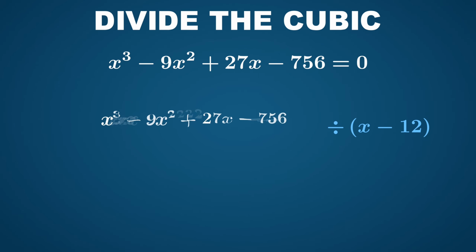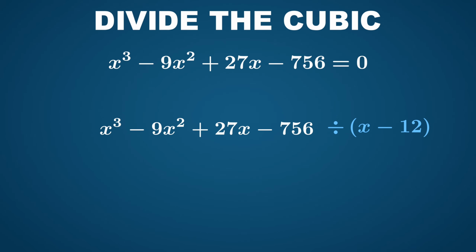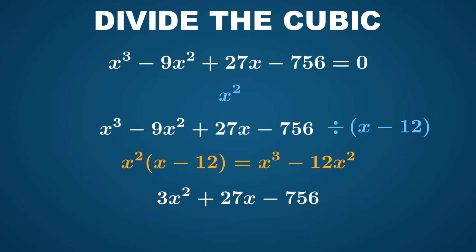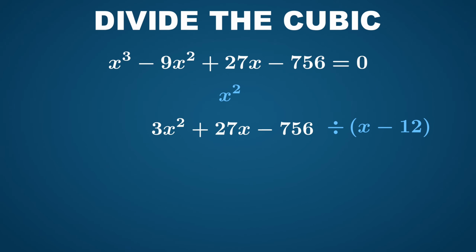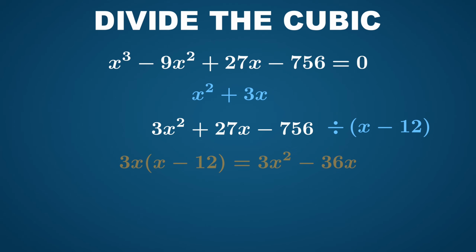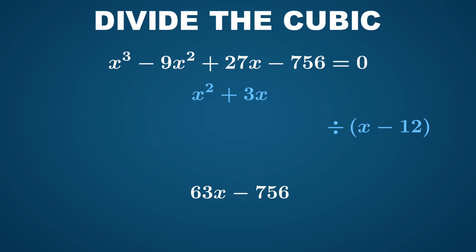The cubic again is x cubed minus 9x squared plus 27x minus 756. Dividing x cubed by x, the quotient begins with x squared. Multiplying back, x squared times x minus 12 is x cubed minus 12x squared. Subtracting that leaves 3x squared plus 27x minus 756. Dividing 3x squared by x, the next quotient term is 3x. Then 3x times x minus 12 equals 3x squared minus 36x. Subtracting again leaves us with just 63x minus